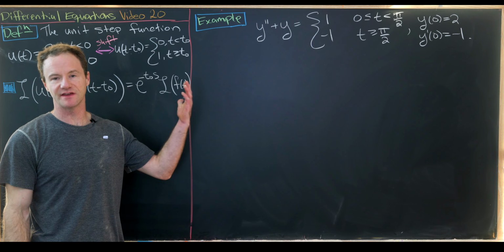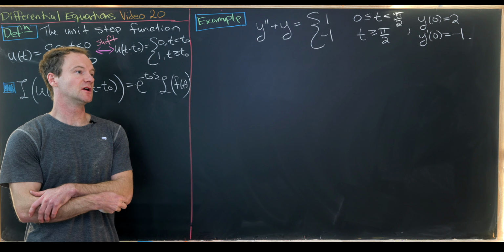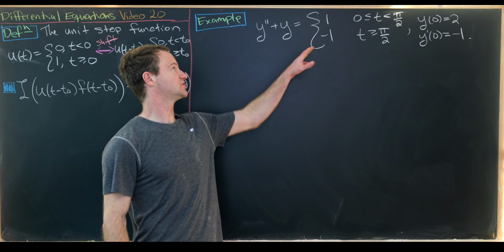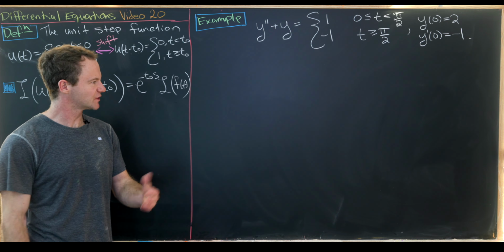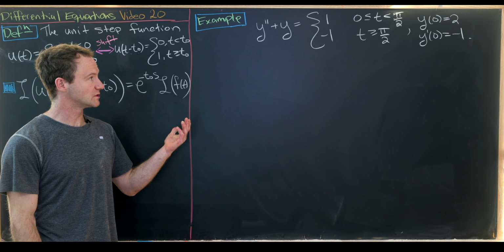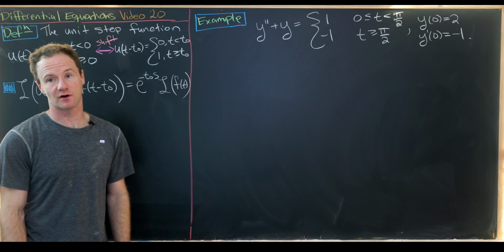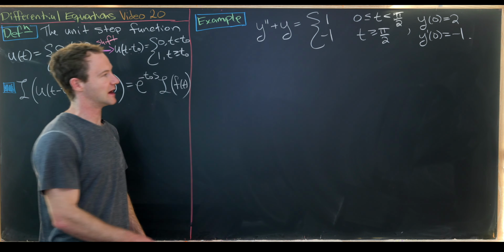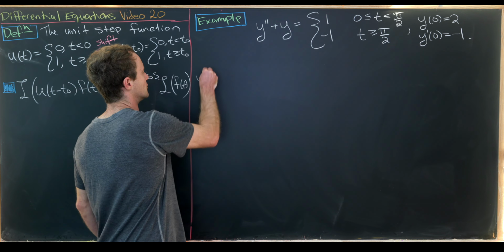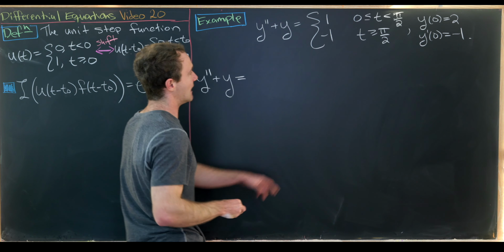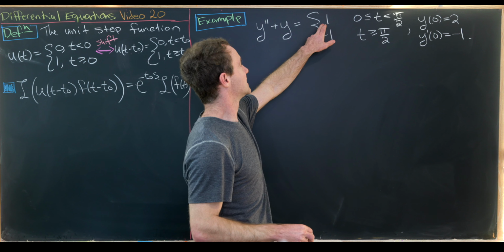You might look at this and say there's no unit step function here, but in fact there is, and it's built into this piecewise function. So we'll discuss that as we rewrite this. Okay, so what we'll do is first rewrite this involving the unit step function, take the Laplace transform, and then go from there. Okay, so let's take this y double prime plus y down,